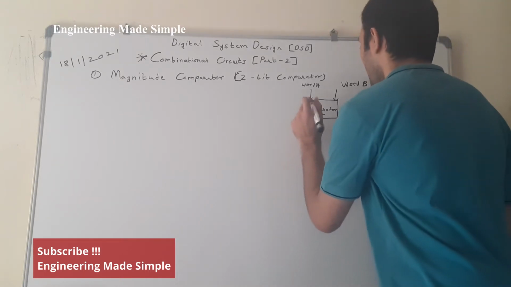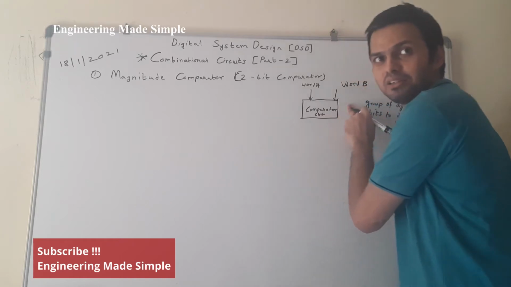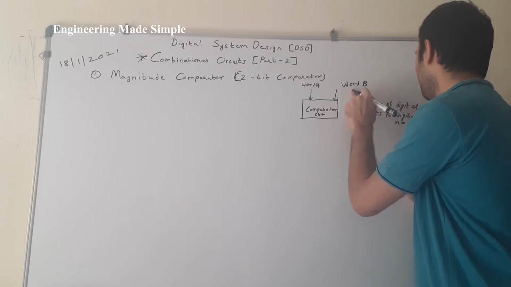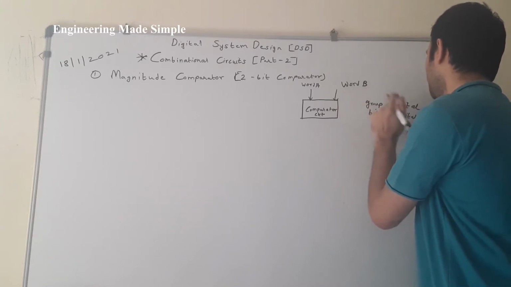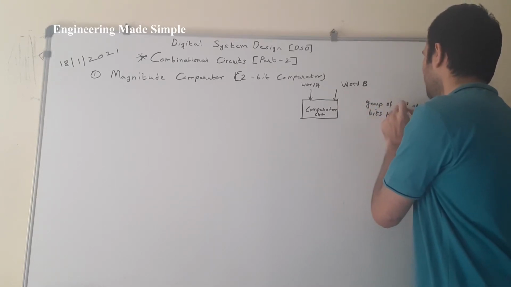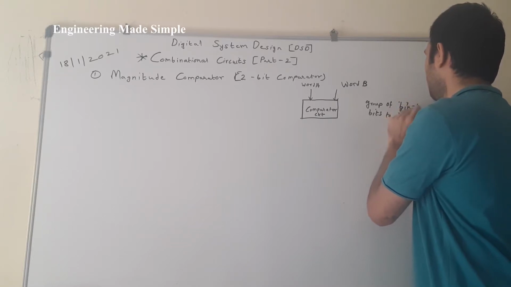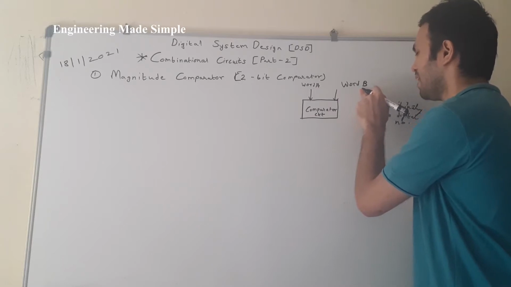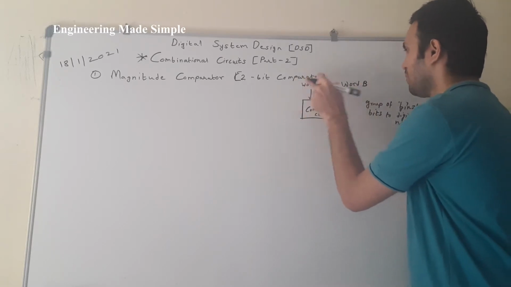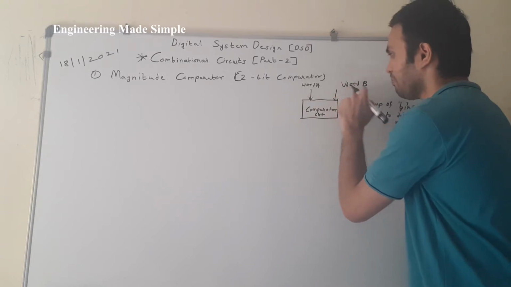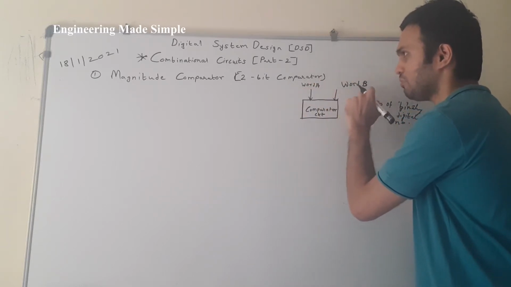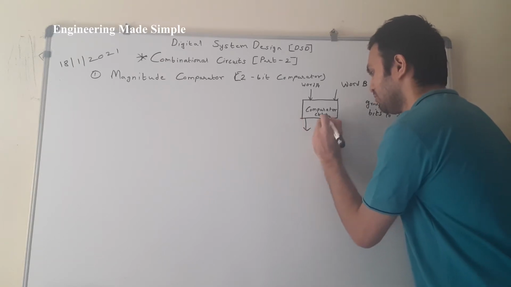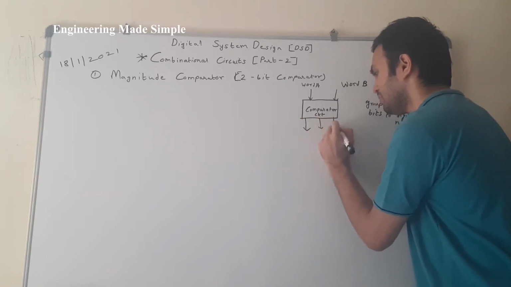These are the two inputs to the digital magnitude comparator circuit or digital comparator circuit, that is word A and word B. And word is nothing but a group of binary bits. Instead of digital, binary is the more correct word, to form a digital number. So a group of binary digits is a word, and a group of binary digits is another word. So this is word A and word B. These two inputs are compared, their magnitude is compared, and three outputs are generated.